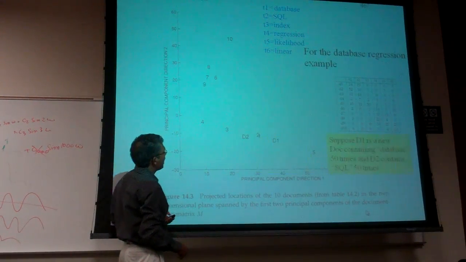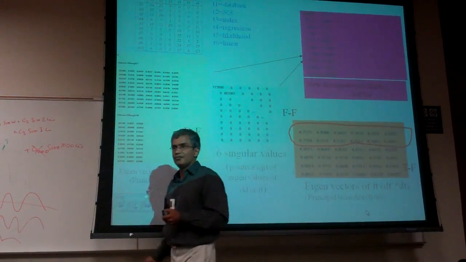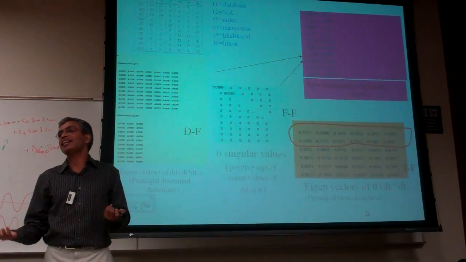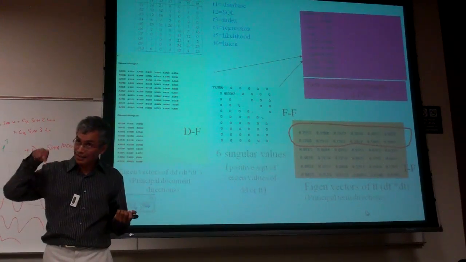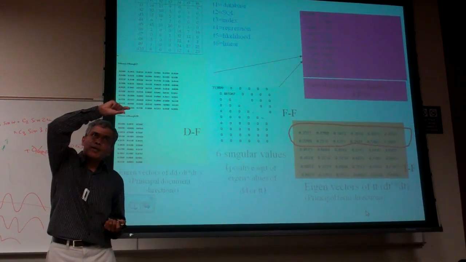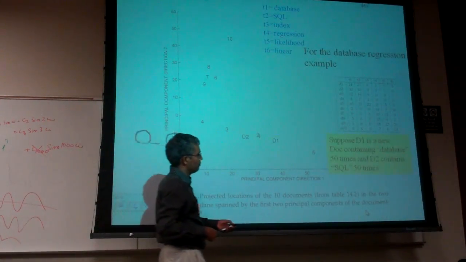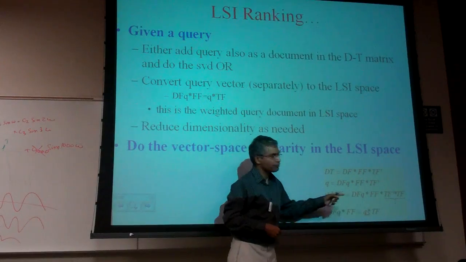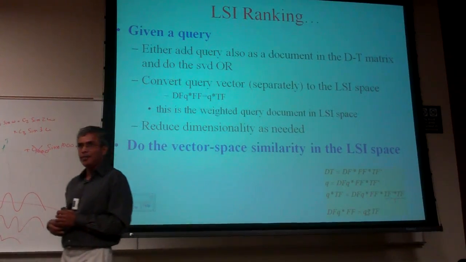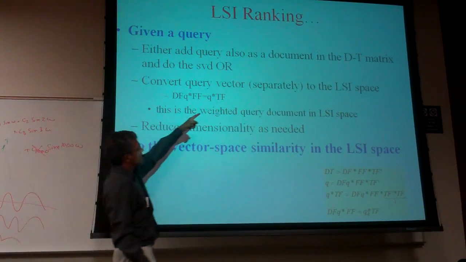So I multiply 50, 0, 0, 0, 0 by the TF matrix. I would then get what would be equal to the dfq times ff. That's exactly what I just showed you. Okay? So all you need is convert the query vector separately to the